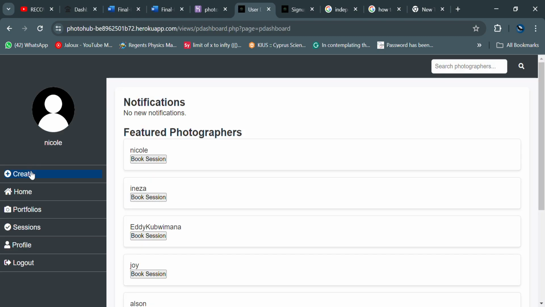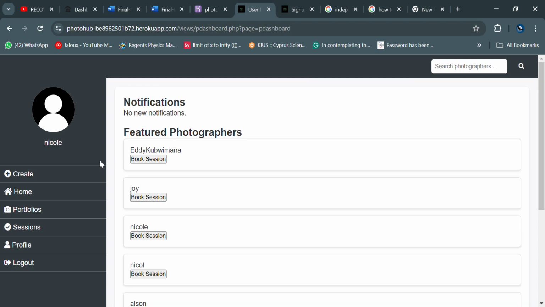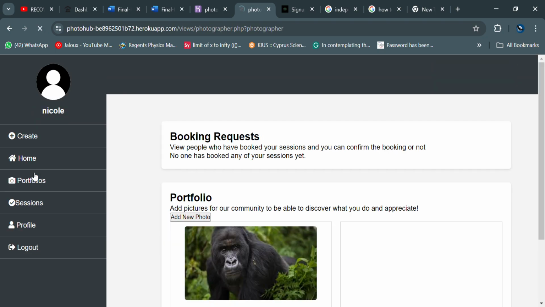And if you're a photographer, this button will always show even if you go to the home where the user's dashboard is, since you can access the user's dashboard. But with the user's dashboard, this button is hidden, but for the photographer you have it, and then you can go to the normal